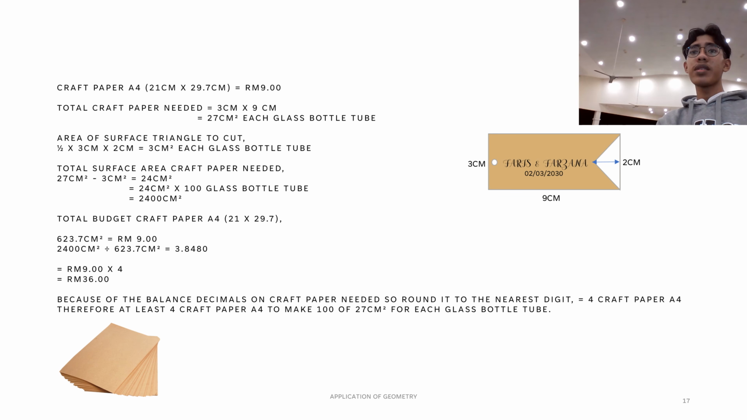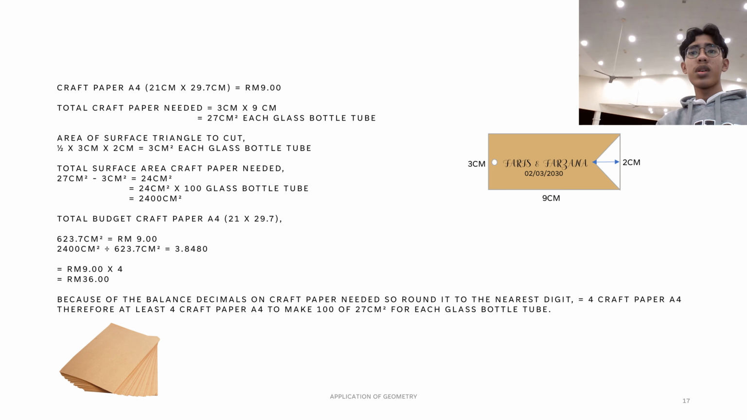Next, the second item is craft paper A4. This craft paper A4 has 21 cm width and 29.7 cm length for only 9 ringgit. We need to find the total craft paper A4 needed. So firstly, we calculate the total surface area of craft paper needed for each glass bottle tube. 3 cm multiplied by 9 cm, and then we get 27 cm square for the surface area for each glass bottle